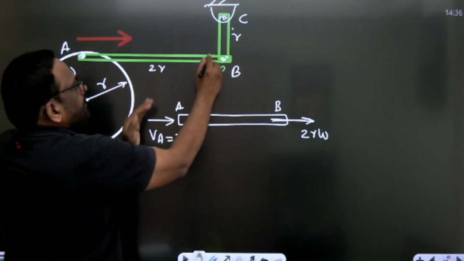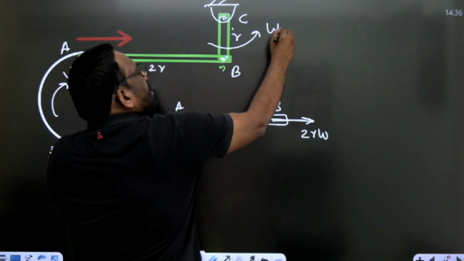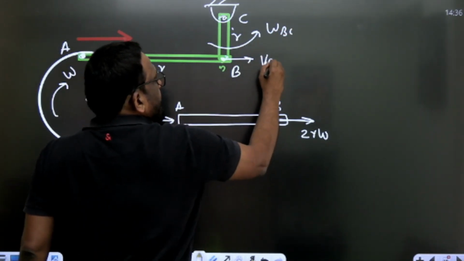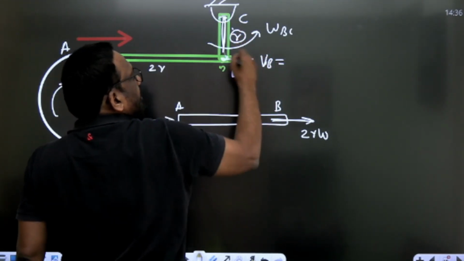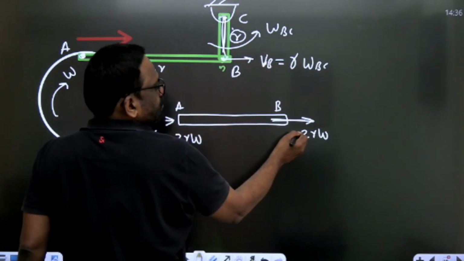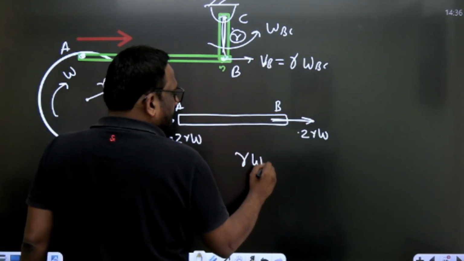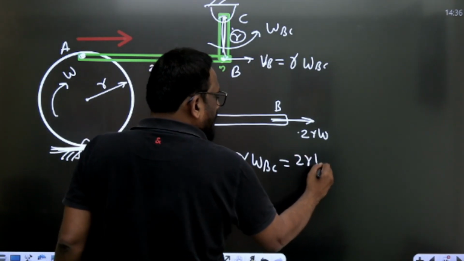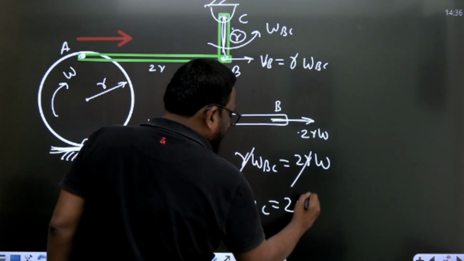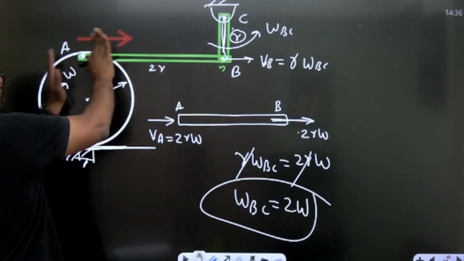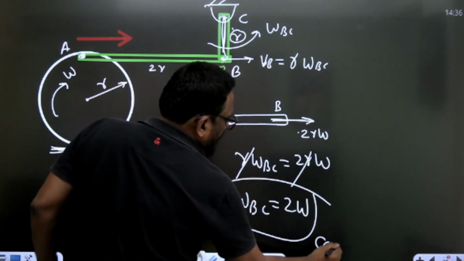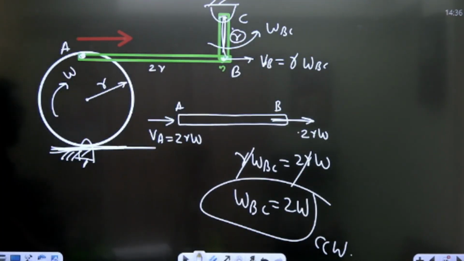If this is rotating like this, it will rotate like this. Let omega of this be omega BC. What will be the velocity of point B, sir? Velocity of point B will be equal to R into omega of BC. So this is velocity of point B, this is velocity of point B, equate. So R omega BC is equal to 2R omega. So R cancels, omega BC is equal to 2 omega. Beautiful question, sir. If this is rotating clockwise like this, then this will go this way, and after some time it will be counterclockwise. Excellent, sir, excellent. Now let us take